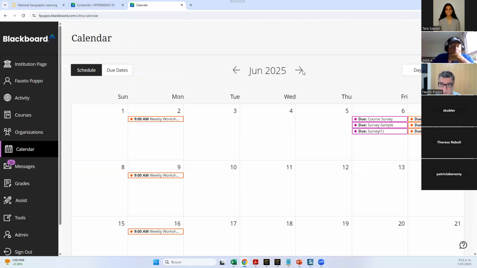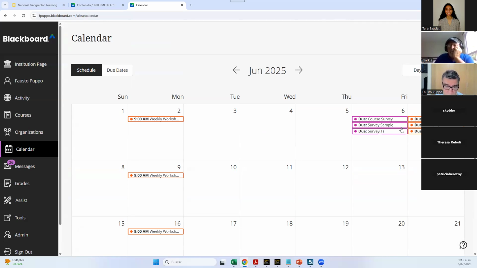So if you know that one of your courses is orange and another one is purple and another one is, let's say, blue, from here you can very easily tell what event or due date corresponds